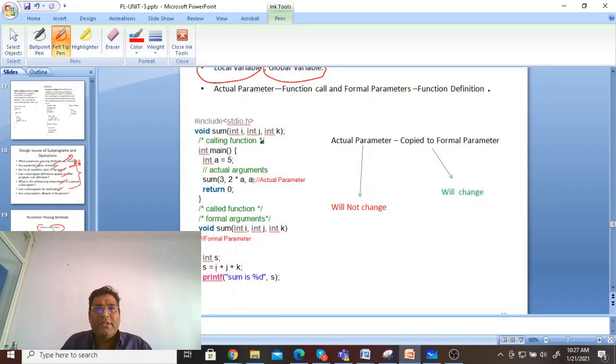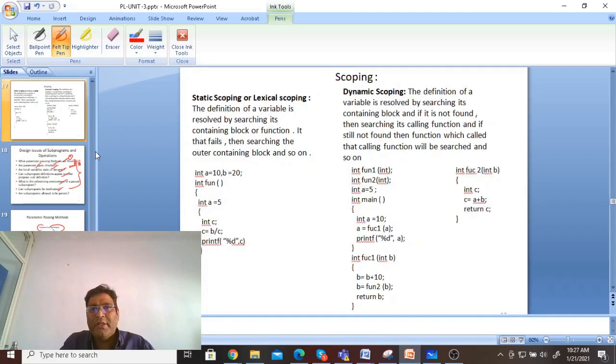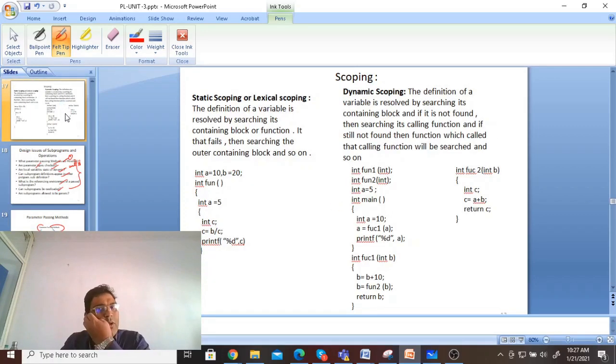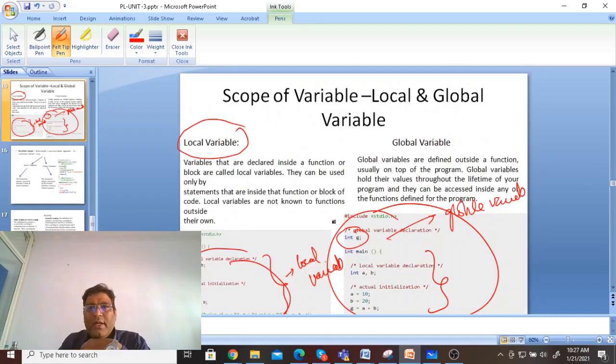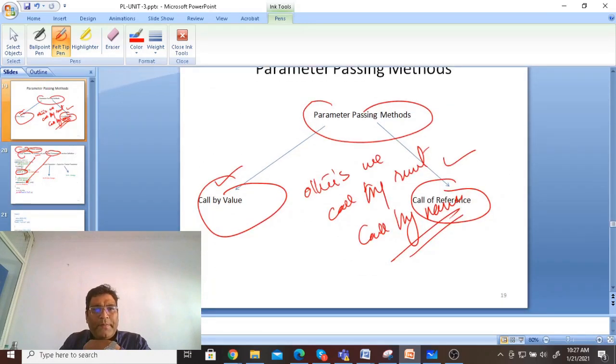This is what actual parameters and formal parameters are. Actual parameters are those which are called in the function. This is the actual parameter, which is called in the function, and yesterday we have already seen this one. Then we have seen the formal parameter. What do you mean by formal parameter? It is in the function definition. This is the same class we have discussed, scoping methods, the same one. We are going to show you what this means. This is the example I have carried out, the function scope.